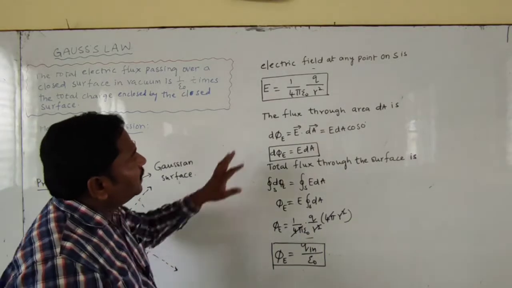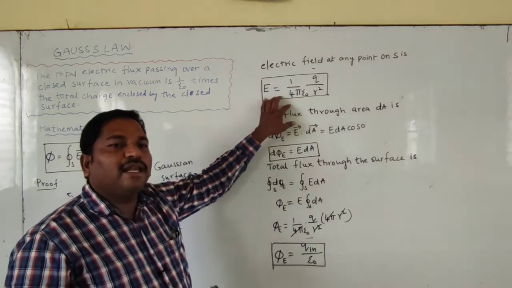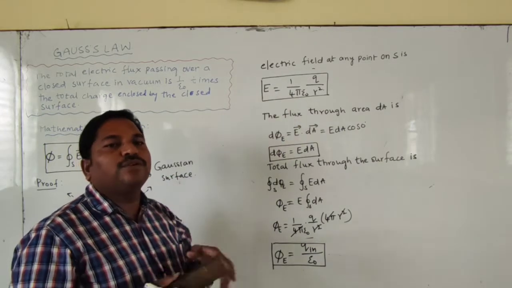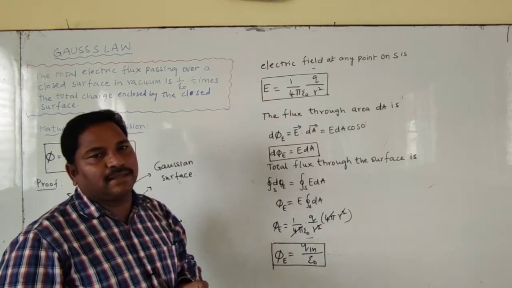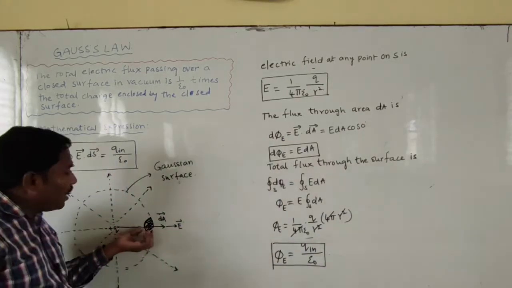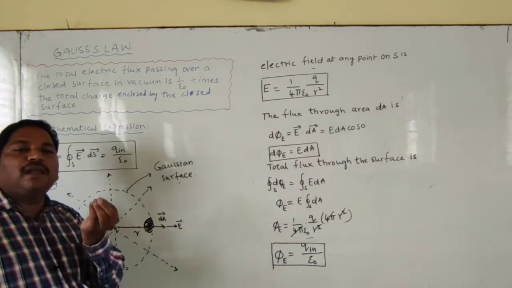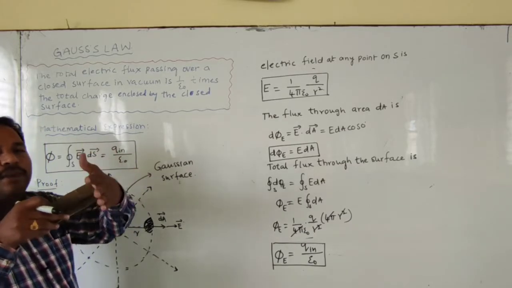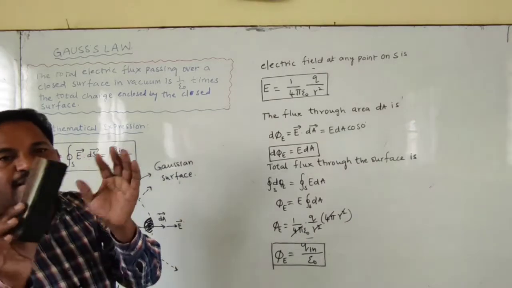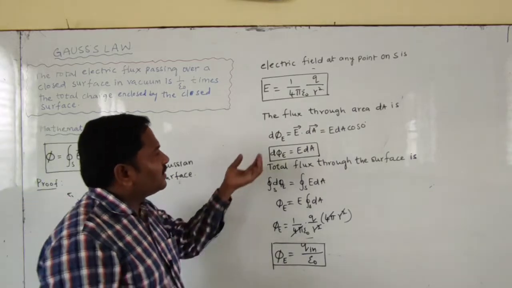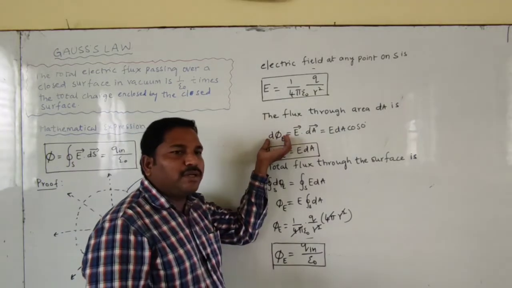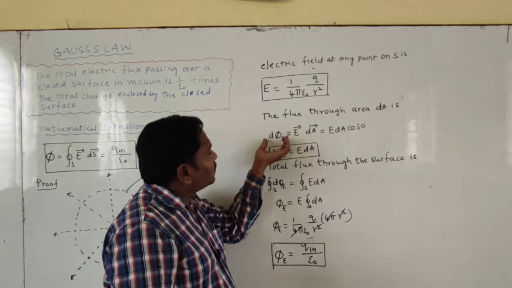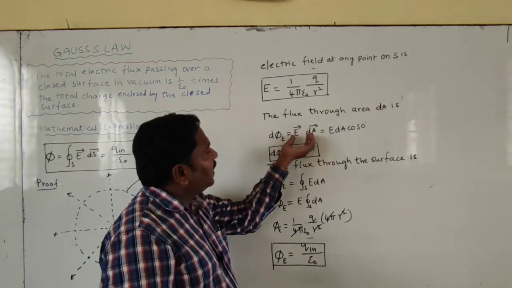Next, we have got the electric field, but we have to find the electric flux. Due to the small element, a very small number of electric lines of force cross the surface normally, so a small amount of flux is produced. The small amount of electric flux is E bar dot dA bar.